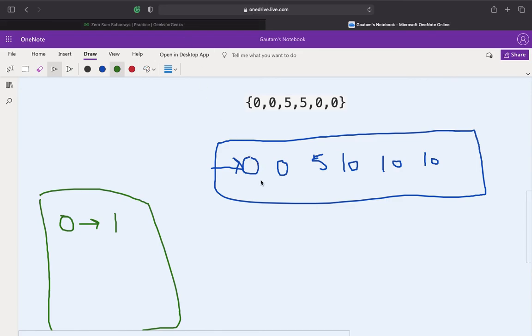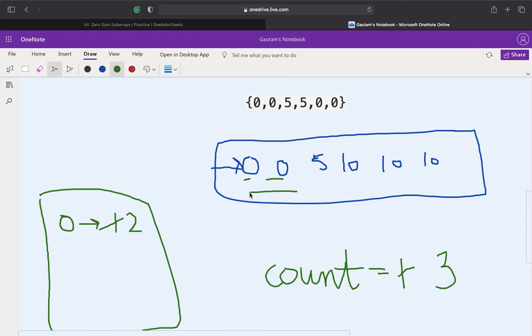Now I'll check if it is 0. 0 means that the original array element is equal to 0. That means it's a subarray, and I'll increment the count by the value of that 0. So count has now become 1. Now I'll iterate through the 0 again in the prefix sum. I'll increment the count of 0. Now the value of this key is equal to 2. So I'll increment the count by 2, which now becomes 3, because now there will be 3 subarrays whose sum is equal to 0. This one, and this, as both. So basically we'll keep on adding if that's the 0.